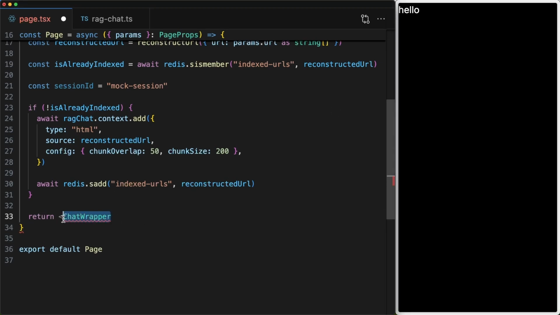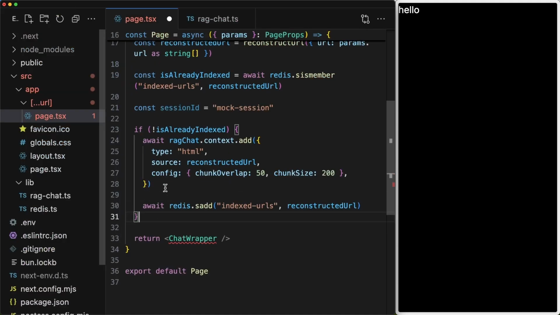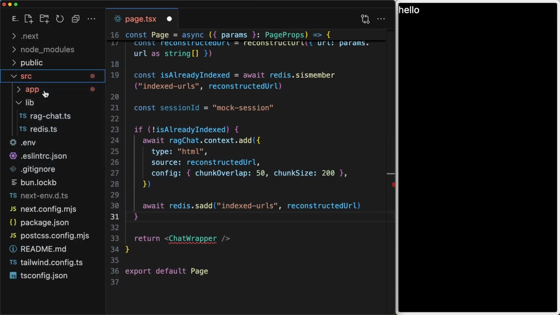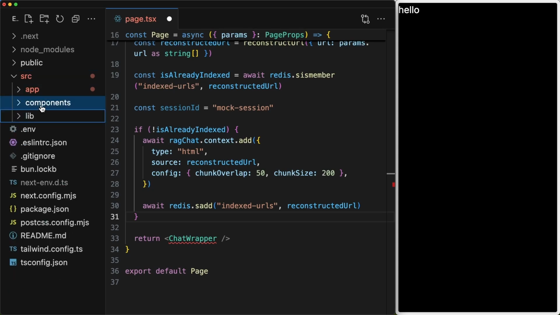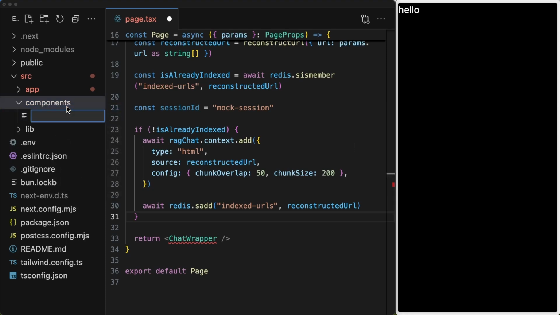And we're gonna create a component called the chat wrapper, which doesn't exist yet. So we're gonna create it, and we're gonna do that in our source and create a new folder called components, which is just a convention, again, that I like to follow. Technically, you can put these wherever you want. And inside of this components folder, we're gonna create a new file called